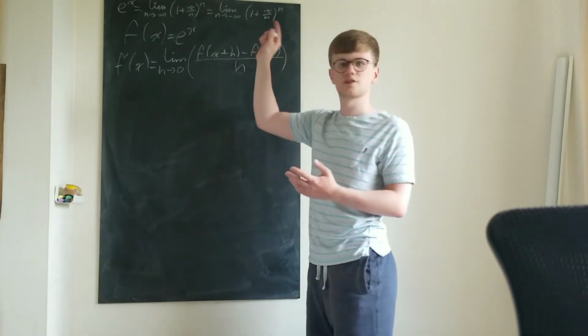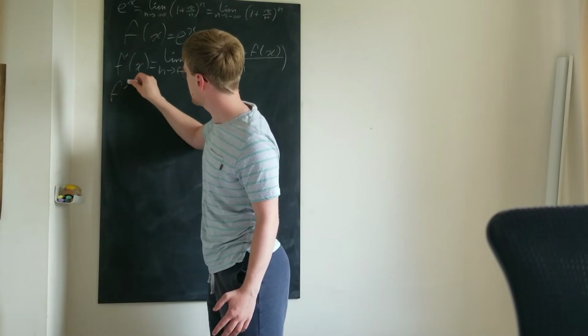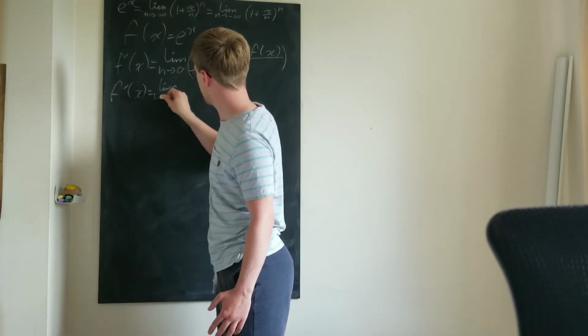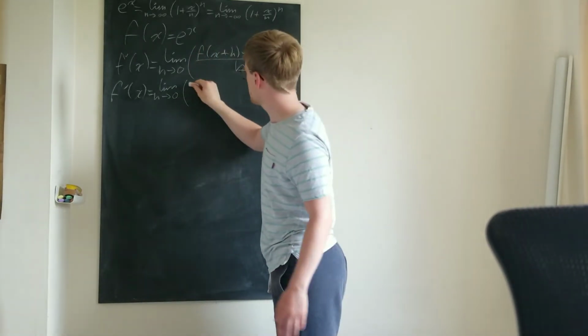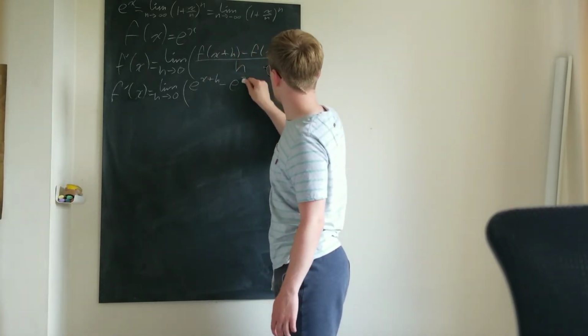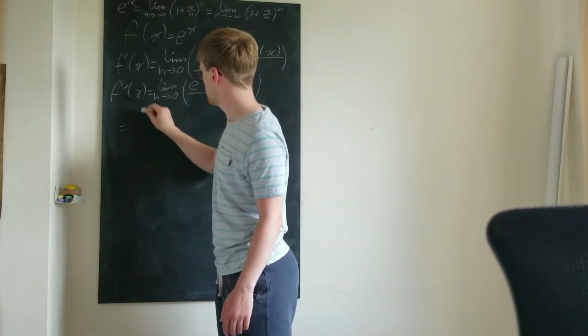And so if we substitute f of x equals e to the x in here, then we get f dash of x is equal to the limit as h approaches 0 of f of x plus h, well that's e to the x plus h, minus e to the x here divided by h,